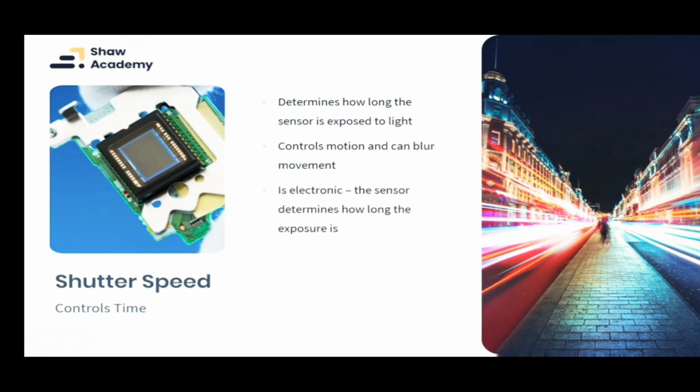It is electronic, as I mentioned, so the sensor simply determines how long the exposure is, and it can be controlled in pro and manual mode. So unlike our aperture, it is possible to control our shutter speeds within our phones using the pro or the manual mode, we can set how long we want that light to come into the camera, so we can capture motion or we can freeze that motion as well. But there is a caveat to that, because we need to control the exposure, which is what we are going to be working up to.